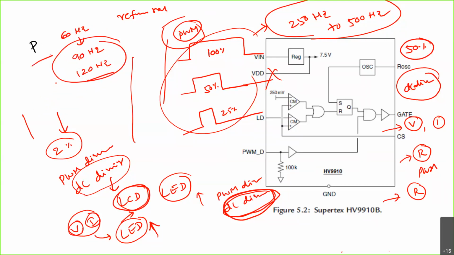So the meaning is that, for example at 120, the image is changed 120 times. That means when you're scrolling, you can easily see the differences. That means the scrolling will be smoother.